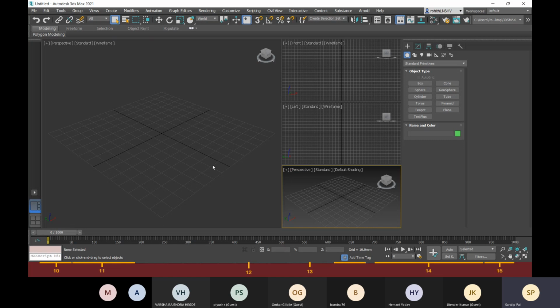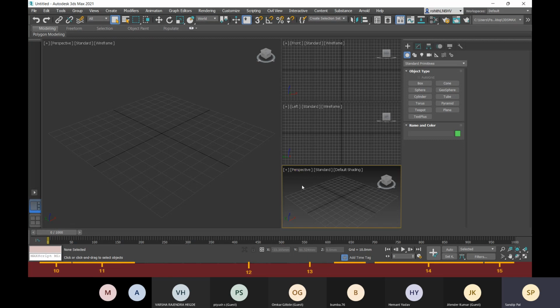Now I don't need two perspective views, right? I need just one, the bigger screen, which will help me see the whole model in 3D, correct? So which view am I currently missing? The top view, correct?